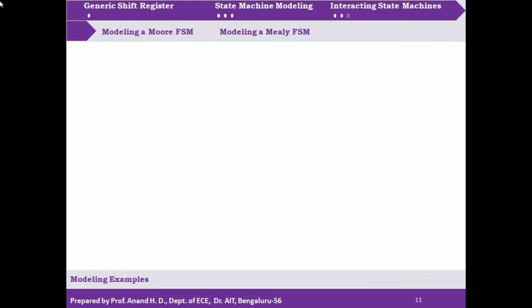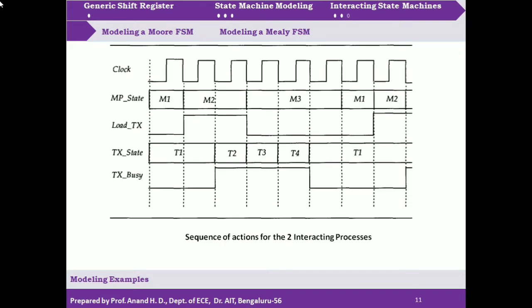Yes. So next we are going to consider the timing diagram for these two interacting processes. Here we have the input clock signal, and both the processes, that is process MP and process Tx, are made synchronized with the negative edge of the clock. So during the first clock signal, process MP is in the M1 state, process Tx is in the T1 state, and during the next negative edge of the clock there is a transition from M1 to M2,